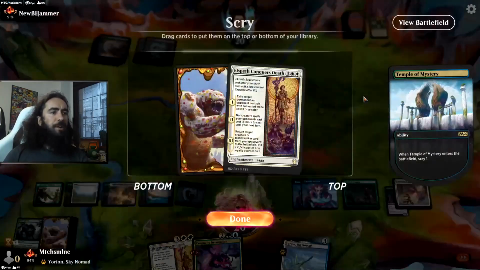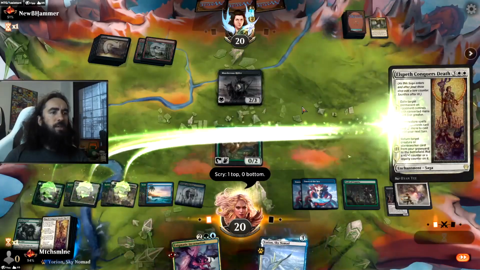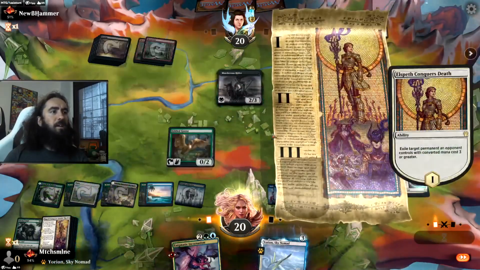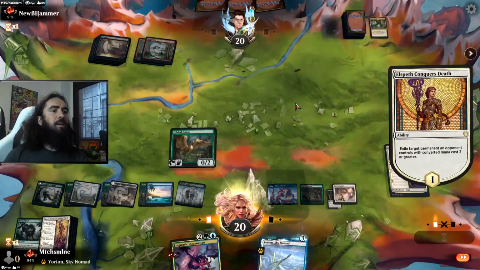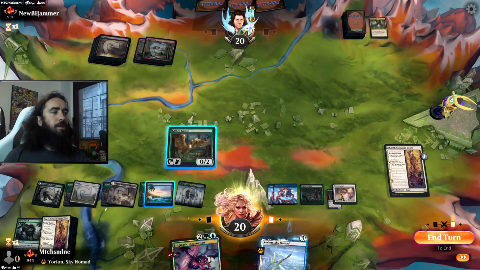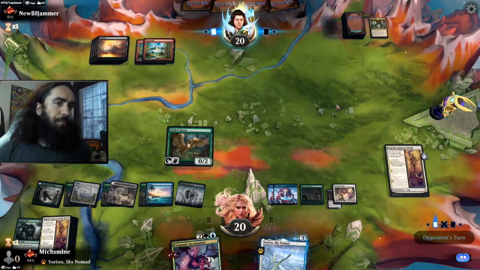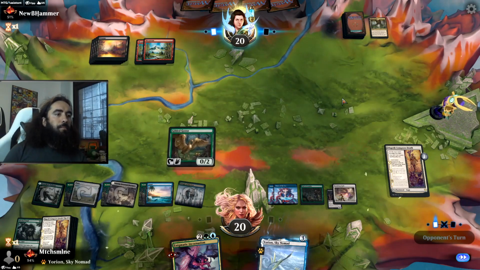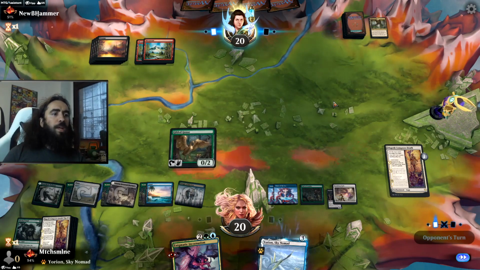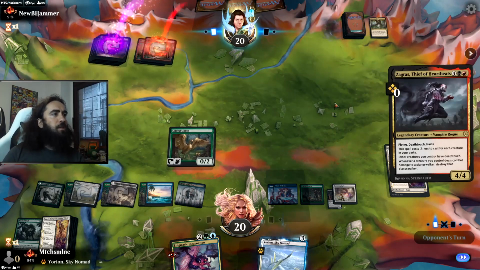Temple of Mystery. Another Elspeth Conquers Death. Not bad. I take those. As many as I can. So the Murderous Rider is gone. And next turn with the Enigmatic Incarnation, we can get something really good here. And at the end of turn, we make ourselves a food token. So, we still have ways to go. We still have ways to go, and here is the